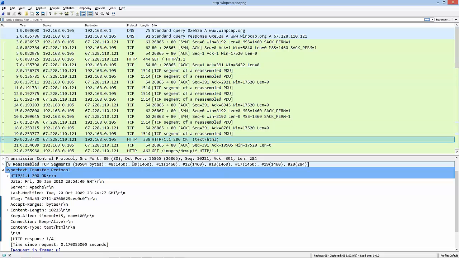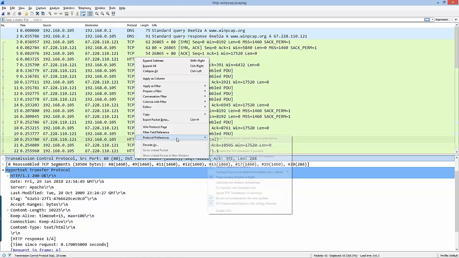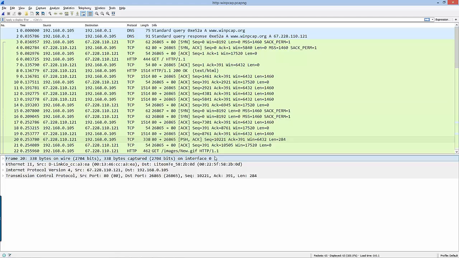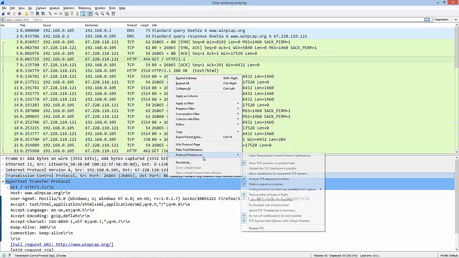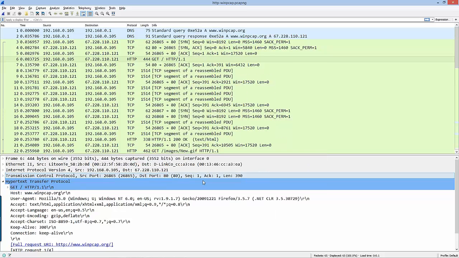So if you are like me and you often turn off TCP's allow subdissector to reassemble TCP streams, then you would see that packet number 8 will show up as the OK. So that really depends on how you set your TCP protocol preference. Do you use reassembly? All right, so that's showing you the relationship between the GETs and the